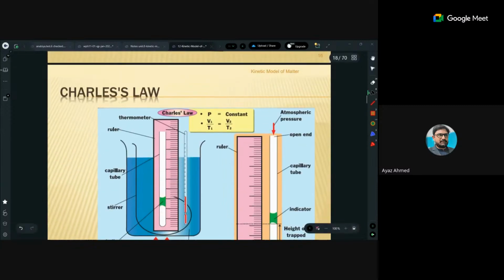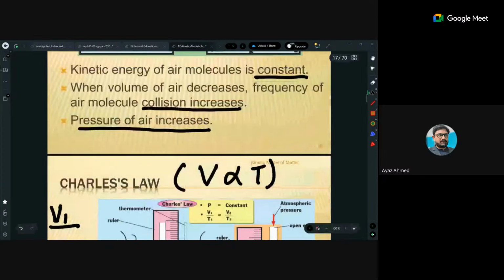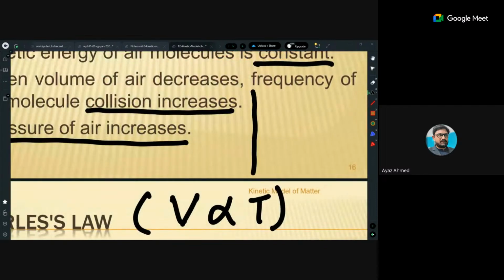This is called Charles' law, sir, which deals with volume increasing as temperature increases. That is very simple. You have to keep this point with you. It is not required to discuss it that much. But one thing I wanted to explain to you: you people would be given a sort of graph, and that graph will be